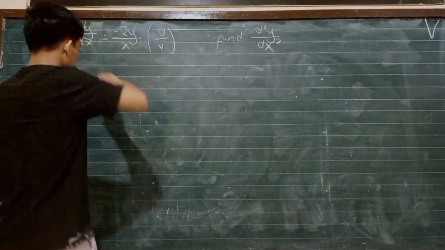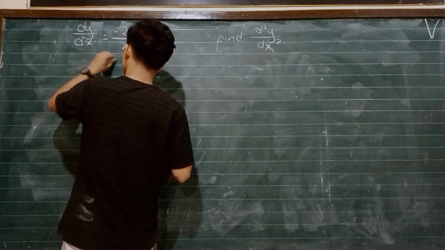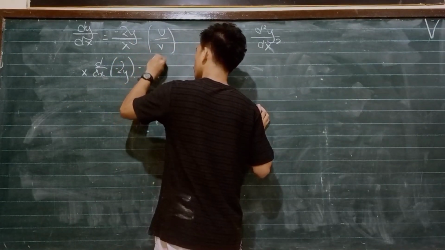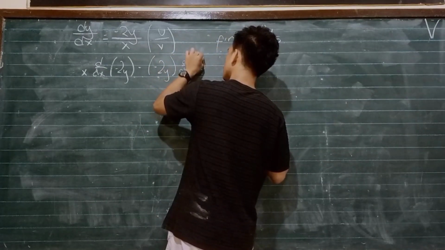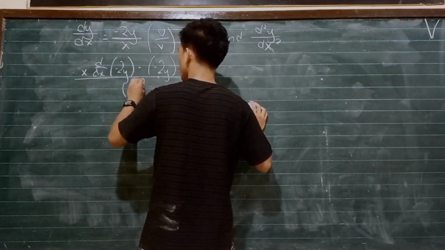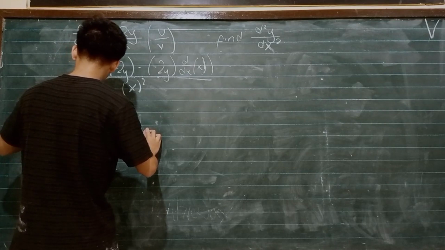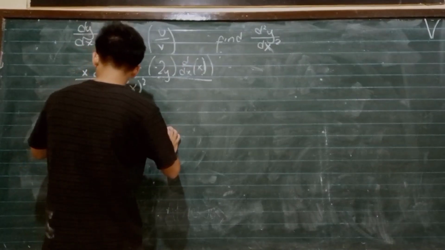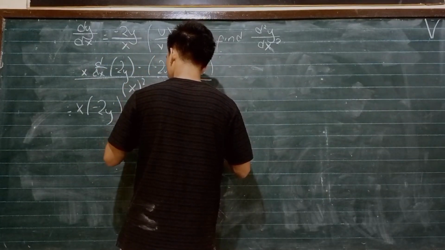So let's derive this term with respect to x: the derivative of negative 2y minus negative 2y times the derivative of x over v squared, which is x squared. Simplify rather, x times the derivative of negative 2y is negative 2y prime minus negative 2y